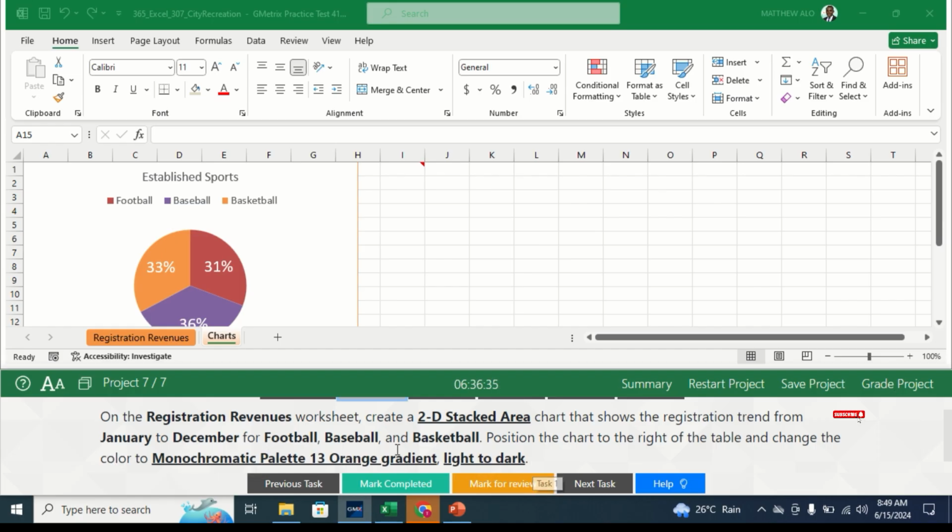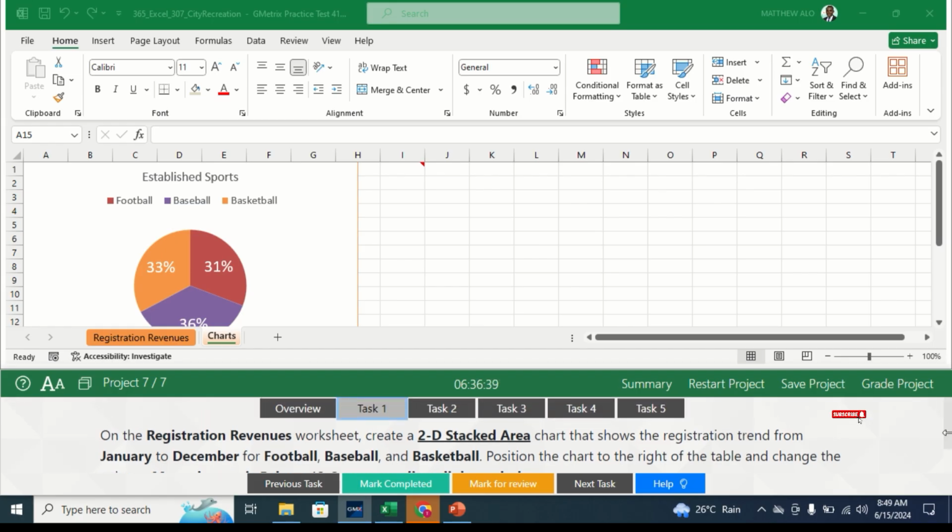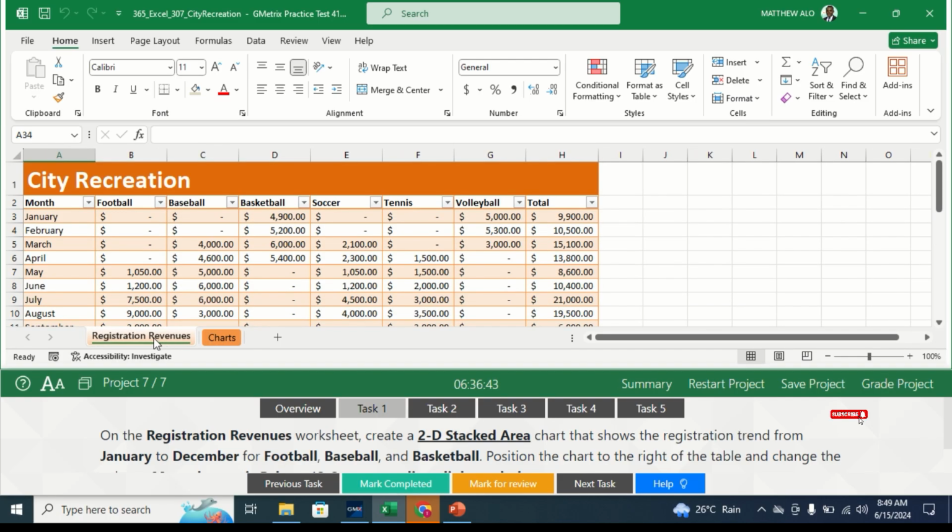Okay, to do this, just go to the registration revenues sheet tab, just click on it to select the worksheet and create 2D stacked area that shows the registration trend from January to December for football, baseball, and basketball. Okay, just select from cell A2